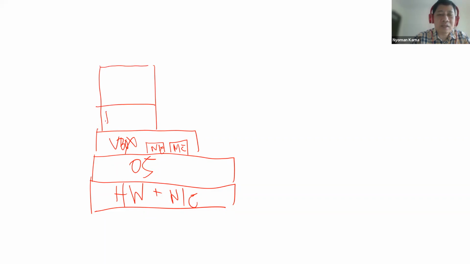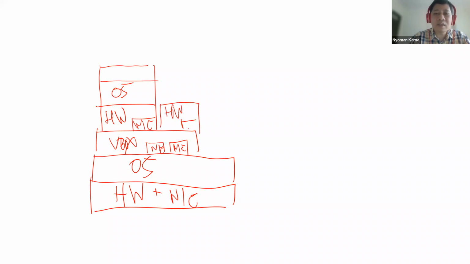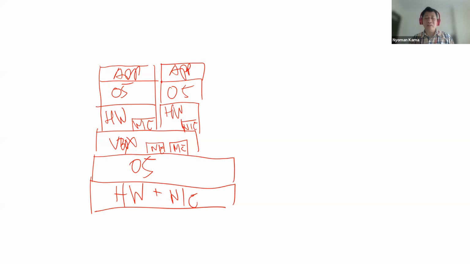So I'm going to create the hardware in here, including the virtual network interface card, and then I'm going to install an operating system on top of this hardware. And then I can create another hardware along with its virtual network interface card with my own preferred operating system. And then I can install any application on top of the operating system. Okay. This is what we usually do using a virtual machine or hypervisor.